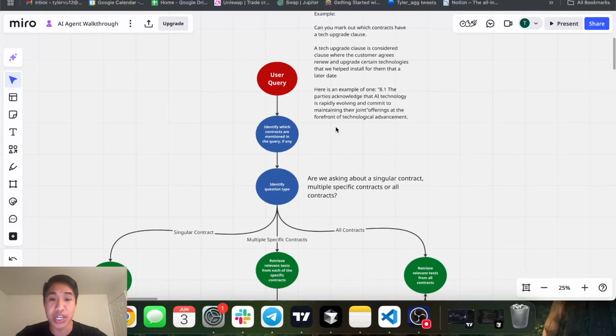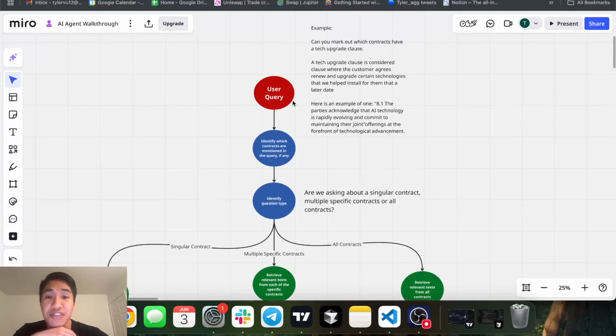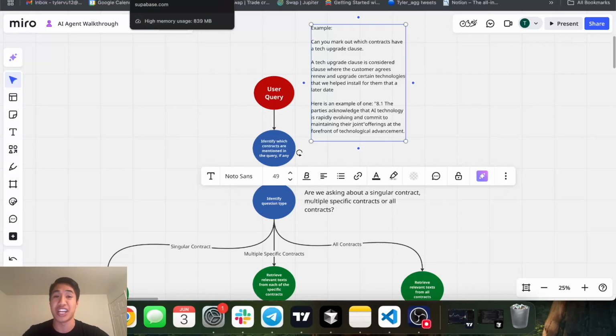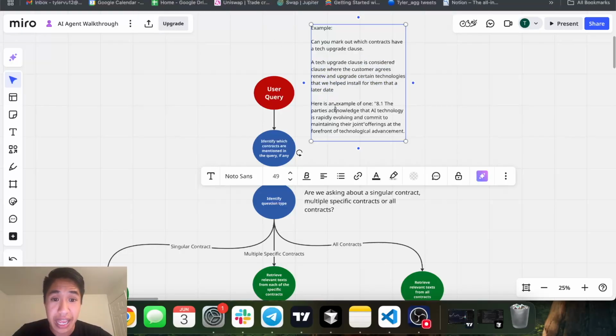So let's give a quick overview of how this works. The flow is: a user query comes in. I'll say, can you mark out which contracts have a tech upgrade clause? A tech upgrade clause is this definition, and here's an example of one. Because at the end of the day, especially when we're doing things that affect a structured database, like Snowflake, Supabase, whatever it may be, when there are implications downstream to our data, we want to make sure that when we're doing clause detection or any type of detection like this, we're giving it a definition, one, and an example of it. So if we ran this,